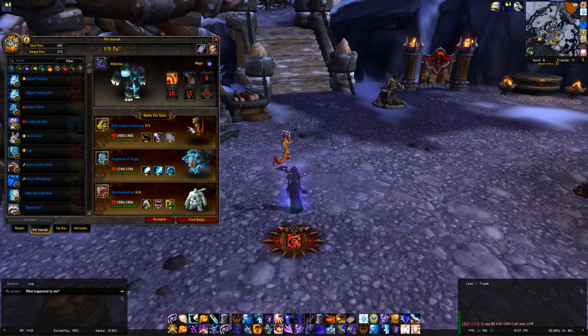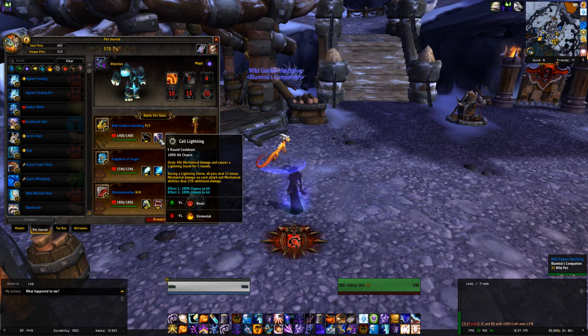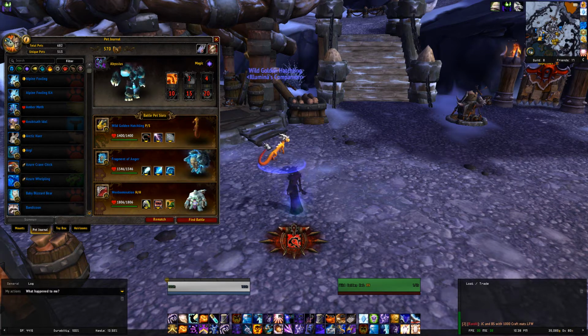The Wild Golden Hatchling, as I said, maybe using the Mechanical Dragonling, Pandaren Dragonling, sorry, is a good alternative. I haven't tested it out with that. And you might also want to use, I don't know, another Fragment of Anger or something like that. Could probably replace the Dragonling as well, or the Hatchling as well. I just find it really funny to use Cold Lightning, because I feel like I get a little bit of a bonus every time I get that small extra damage. And using this many AoE attacks, I just feel that it's really nice,